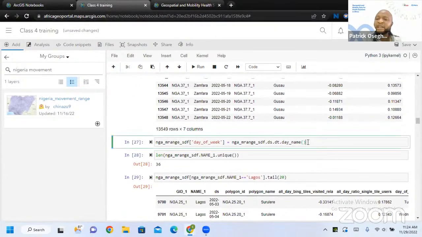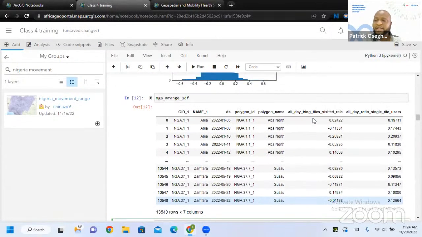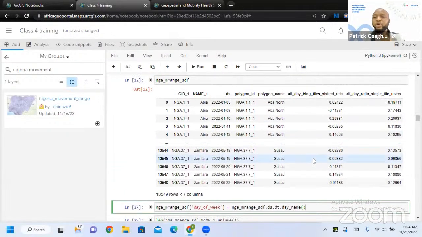Now, I want to check on each day. If you look at this data, you see that some days the values are high, some days the values are low. And the weekend affects the way people move from different locations.